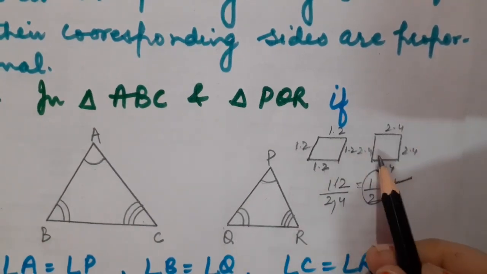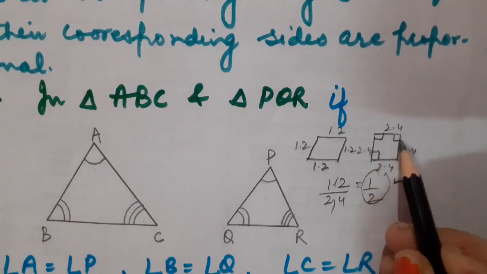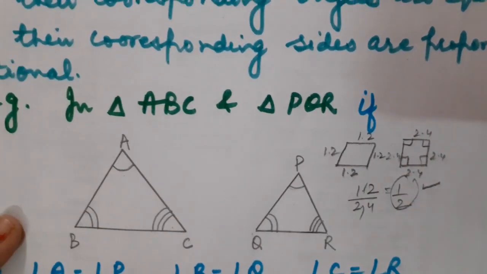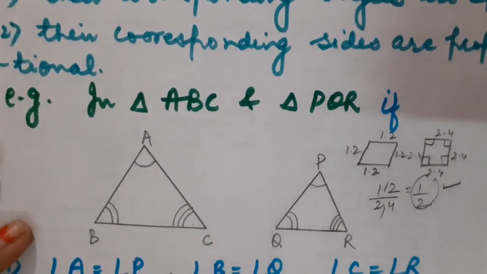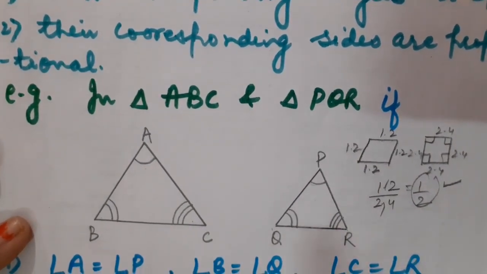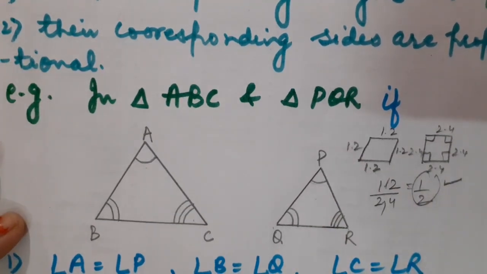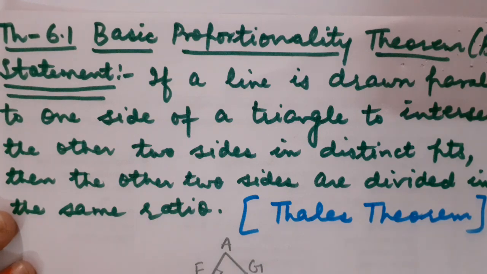Let us talk about the angles. In a square I know each and every angle is 90 degrees, but that is not possible for the rhombus, so it means both the figures will not be similar. Got it? So both the conditions must be satisfied, then and only then will two figures be called similar to each other. Got it? So this was all about similarity.